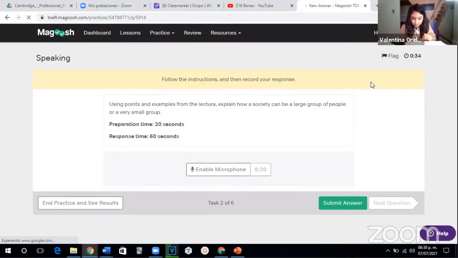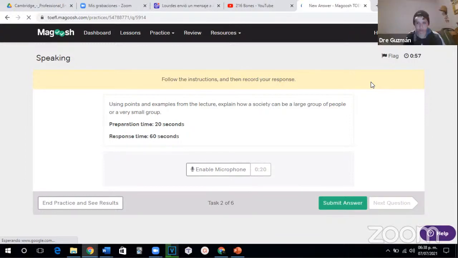On the other hand, a smaller society could be this class. By our acts in the class, we could form a society because we are coexisting in the same space. And in time we're going to have expectations and common beliefs. All in all, sociology studies small and large groups in terms of beliefs and expectations.